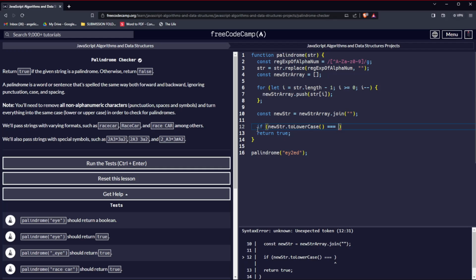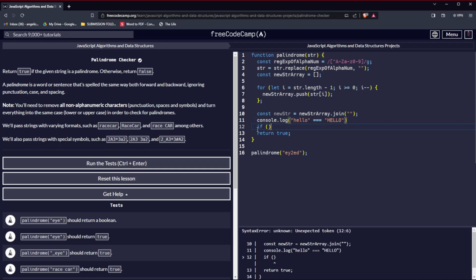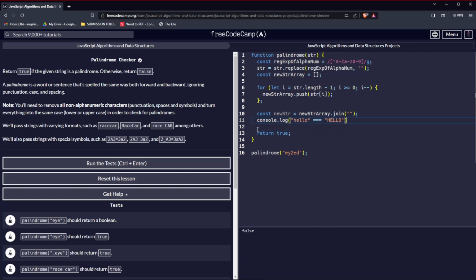So by that I mean, for example, if we compare hello to the other version which is hello, this will return false. So let's just try to console log this. Syntax error. There we go. It returns false. But if I say just double equals,